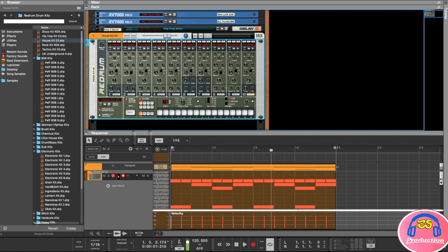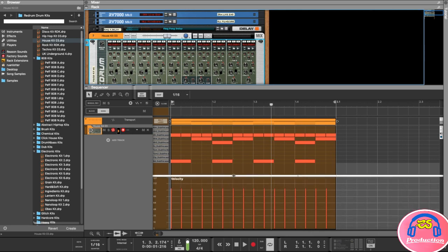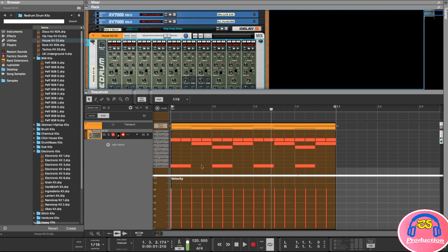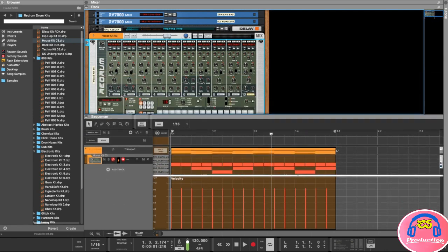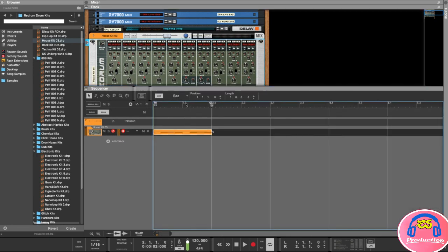So this is quite nice. It gives you quite a nice control over each of the samples that you are using. And you can do this with all of these and adjust them accordingly. You can also adjust the velocity here in the sequencer for that specific note, same as we did with the MIDI notes. And yeah, so if I go out of edit mode now, you've got your little section that we created, and